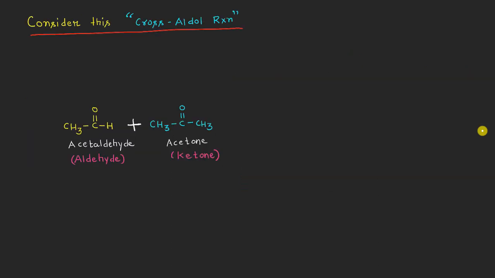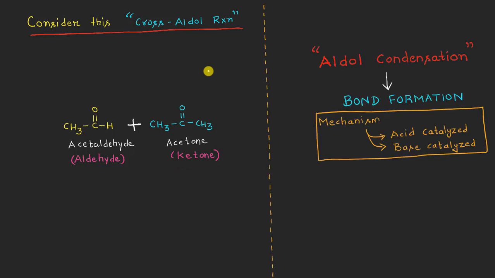Now you can consider this cross-aldol reaction because it is taking place between a molecule of acetaldehyde, which is a type of aldehyde, and a molecule of acetone, which is a type of ketone, right? So obviously it is a good example of a cross-aldol type of reaction. Now, before we go into the detail of this cross-aldol type of condensation reaction, one thing I want to remind you from the previous video on the normal aldol condensation: in aldol condensation, the bond formation